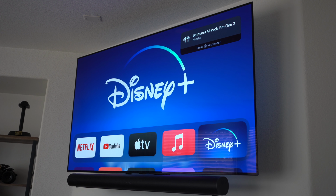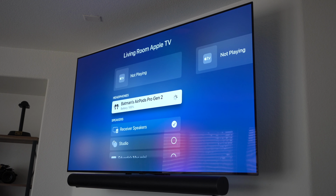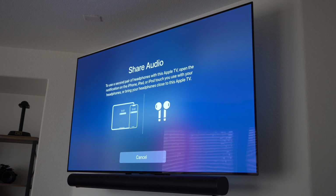AirPods Pro, even though they don't have that connect-to-two-devices-at-once feature, if you live in the Apple ecosystem, connecting these from one device to the other is extremely easy and works flawlessly without you having to tap on any settings. In addition to that, the AirPods Pro 2nd generation are the only ones that have an